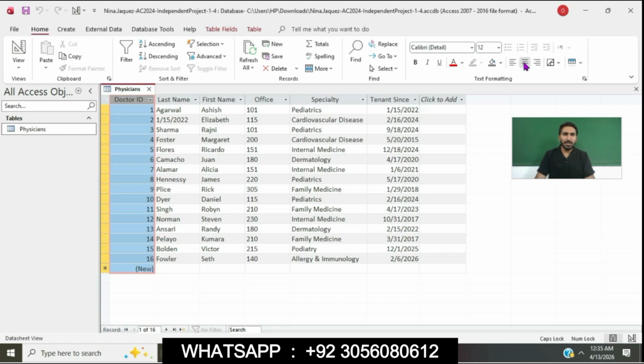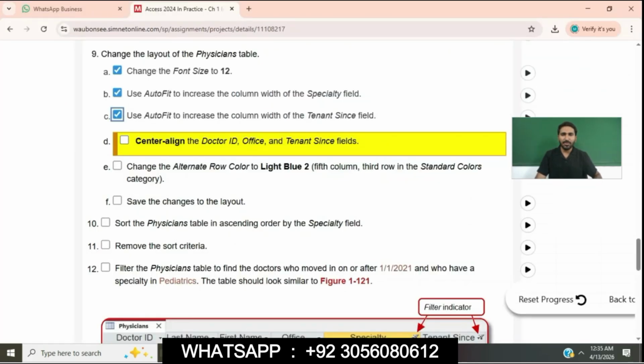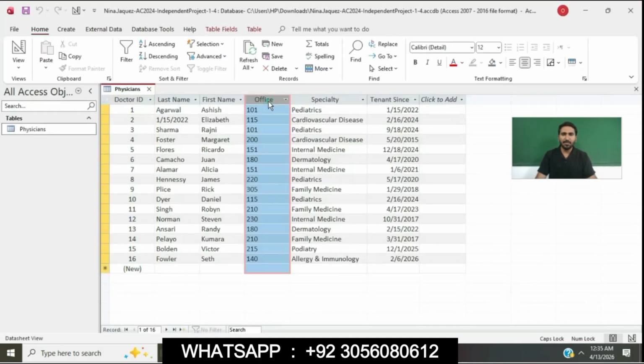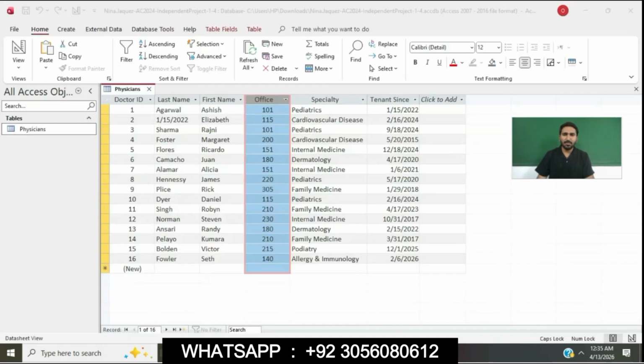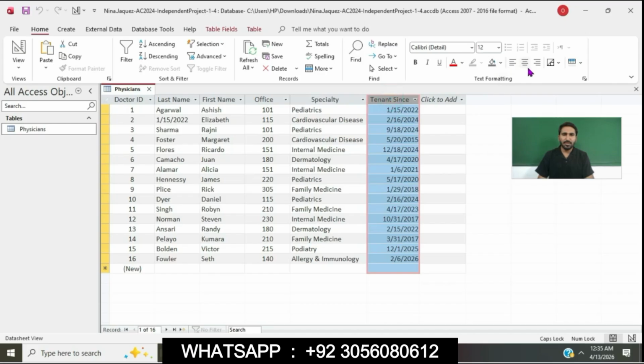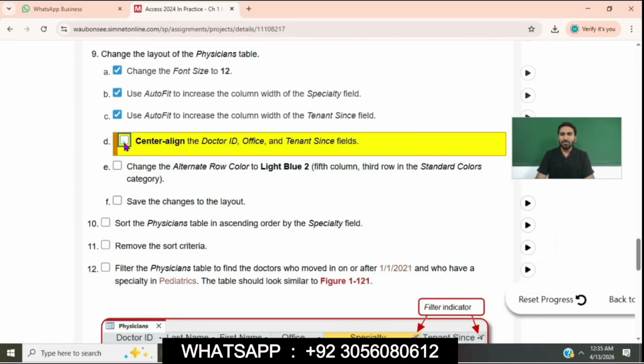In the Text Formatting group, go to the alignment and apply center alignment to Dr. Addy, office, and tenancy fields. So point D is done.